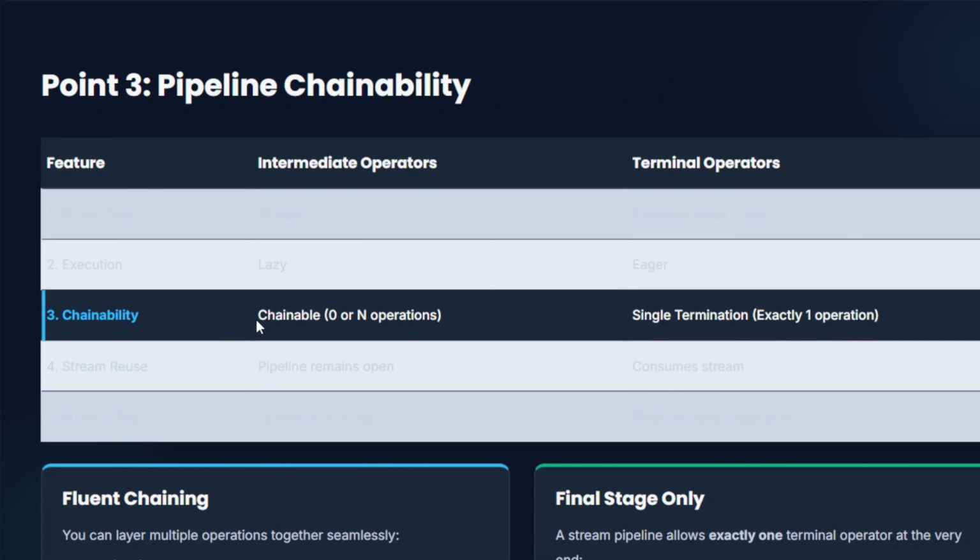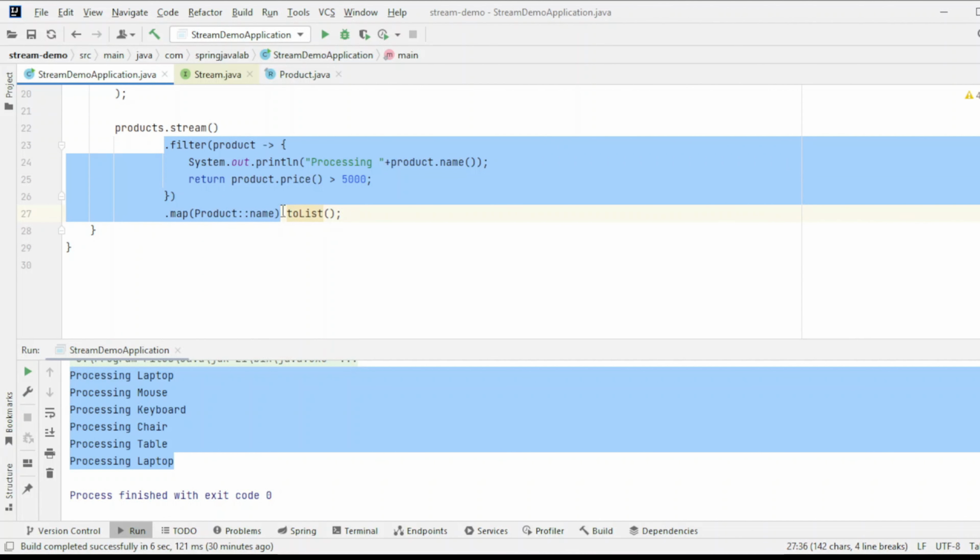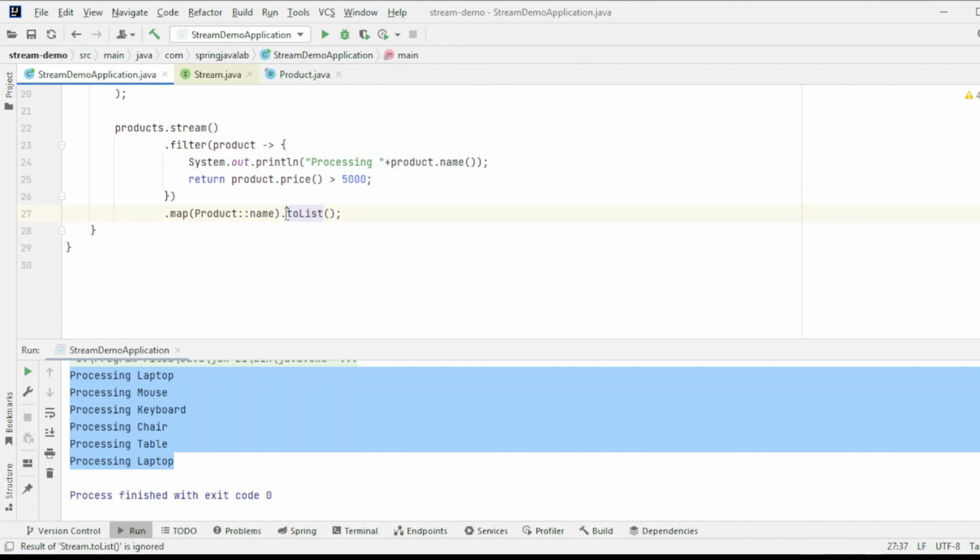The third important point is chainability. Intermediate operations can be chained together multiple times because each one returns a new stream. A terminal operation, on the other hand, can only be used once at the very end of the pipeline. Let's see this in action in IntelliJ. In our code, we already have .filter and .map. Because they are intermediate operations, we can easily chain another intermediate operation, like .distinct, right after .map, to remove any